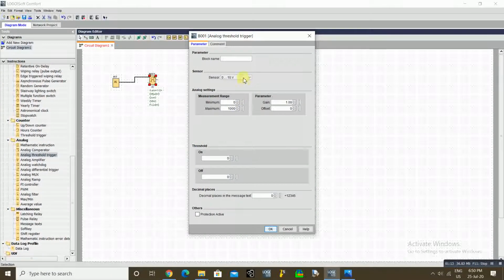My sensor range is 0 to 10 volt, and the range is 0 to 100 degrees Celsius. So I will put 0 to 1000, so this will measure between 0 and 1000. Each 100 will be considered 10 degrees Celsius.